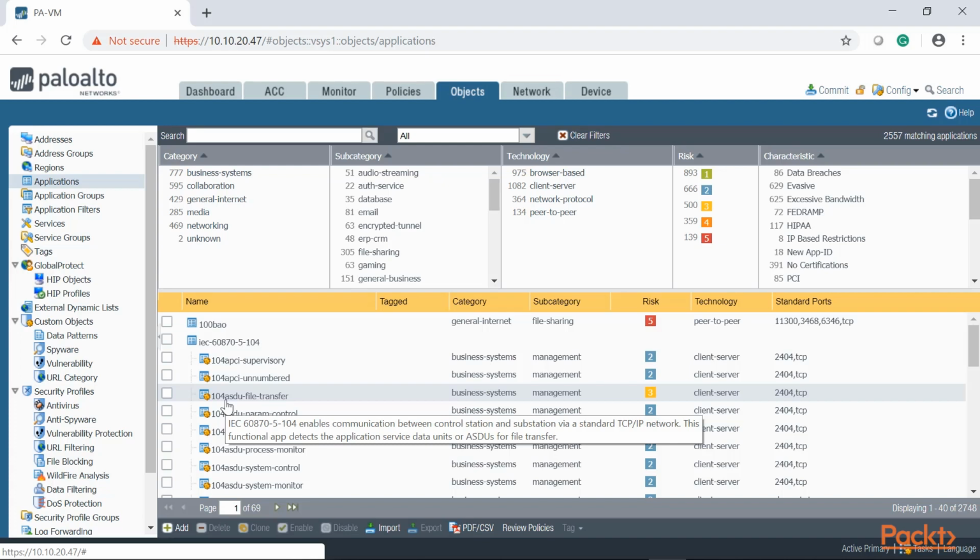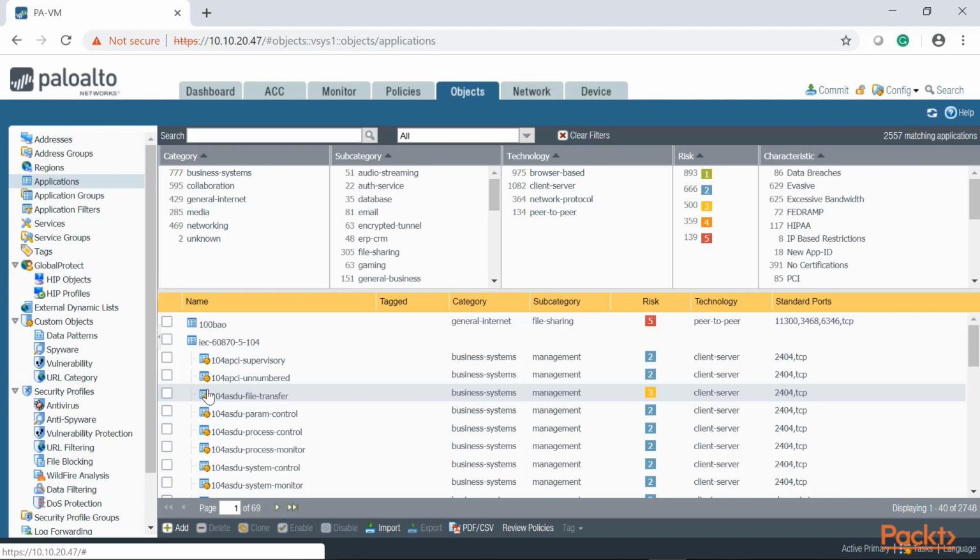If for some reason you don't see an application that you need to identify that it's available on the Palo Alto database, you're going to need to create a custom application object. This is how you tell the Palo Alto, hey, look for these particular characteristics in your firewall traffic flow, and then find specific details so we can tell the firewall,